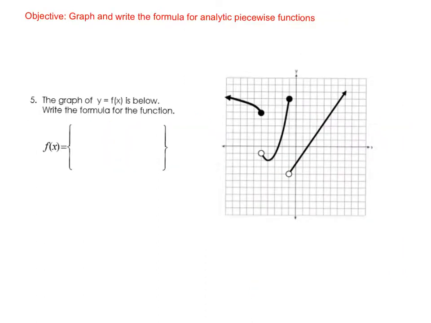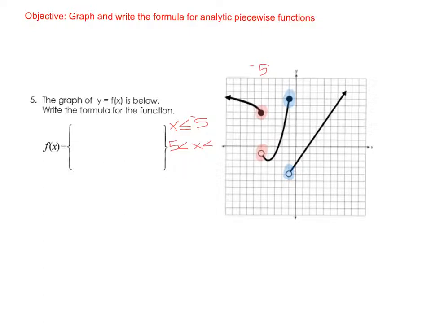All right, getting a little harder. Now we have 3 pieces. So let's look at the different spots where this is switching. So we have that spot, and we have this spot. All right. So my top equation, so this is the x value, 9, 8, 7, 6, 5. So that's -5. So x is less than or equal to -5. X is between -5,